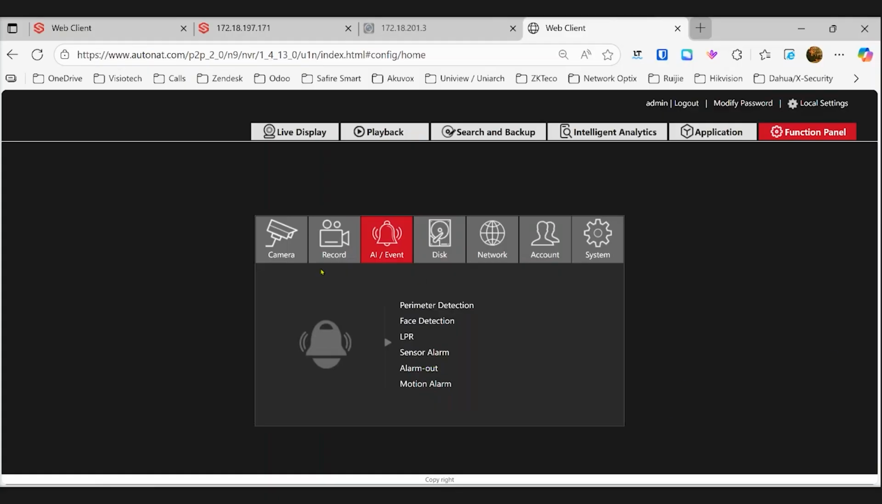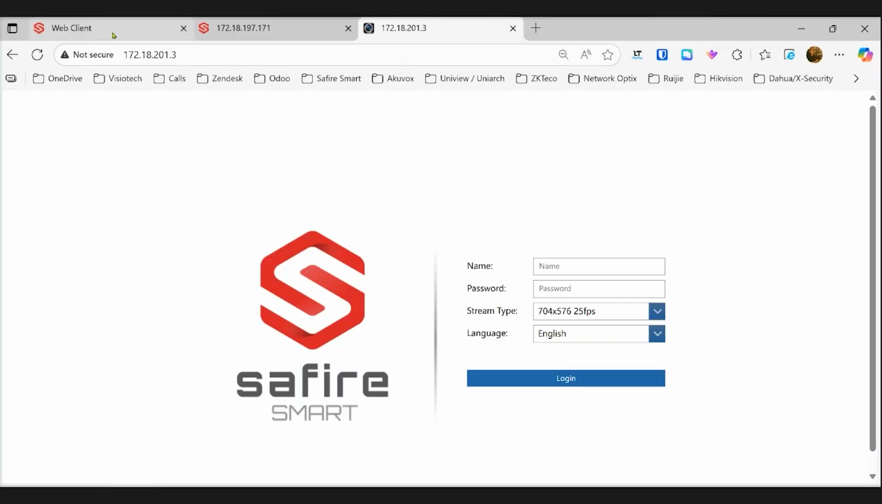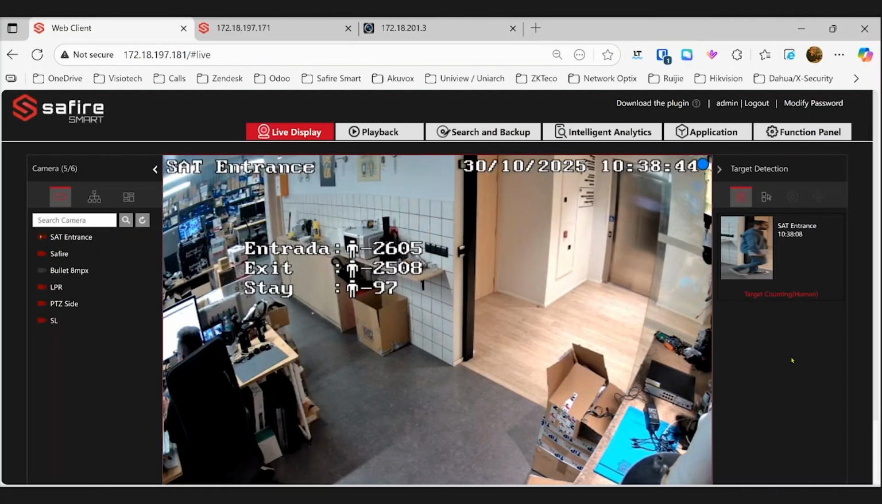Good. Now, we've talked about the IPC Manager tool, we talked about the VMS, the Autonat. Now we go a little bit more into the actual configuration of the recorders, or of the NVRs. I'm not going to go too much into the detail. I just want to show you a couple of things and also show you the new functions of the new firmware, which is the